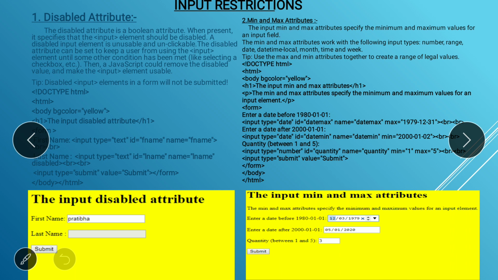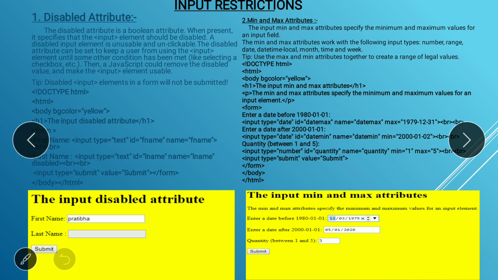It is nothing but a boolean attribute, means its value will be yes or no. Only two values, that's why it's called a boolean attribute. When present, it specifies the input element should be disabled. Means if you mention disabled in your input tag, that control will be disabled.